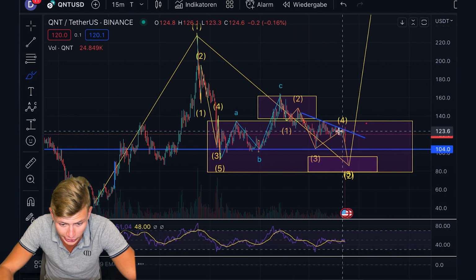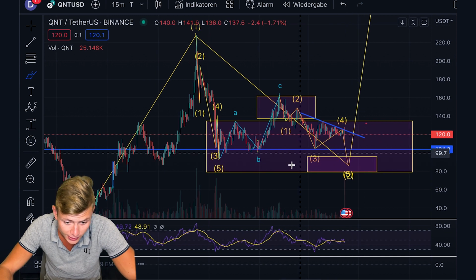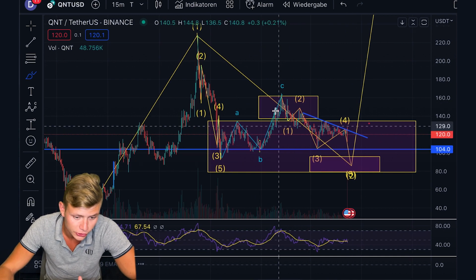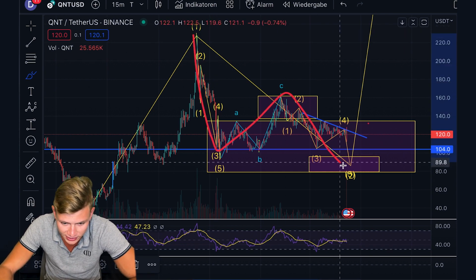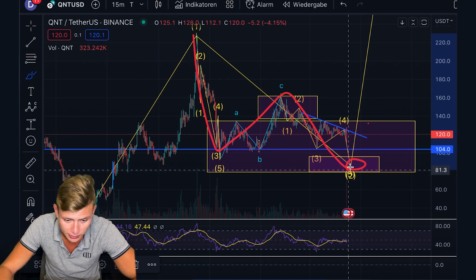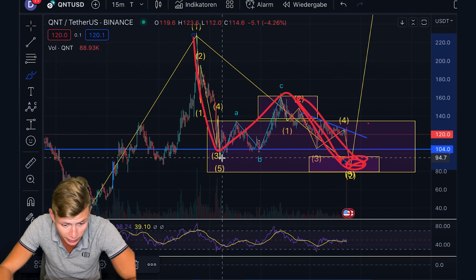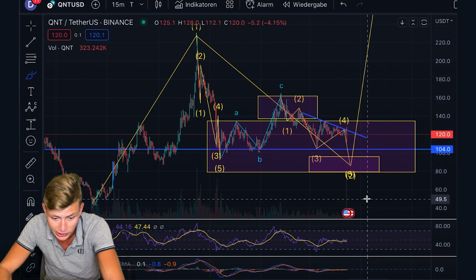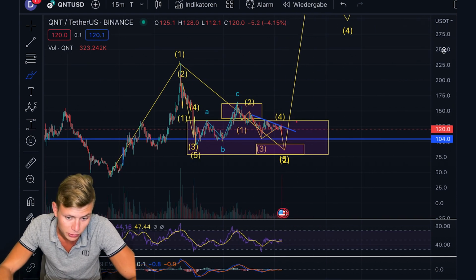I'm still following here the option that we are coming down into the target area between 80 and 95 US dollars. I already told you that in the beginning of January, that we are most likely, in my opinion, in an A, B, C pattern. And the wave C target is between the 80 and 95 US dollars, because the minimum target of this C wave here is to go below the A wave low here at 95 US dollars. So that's why I think we are going to hit that before we can see Q&T rallying towards the upside.